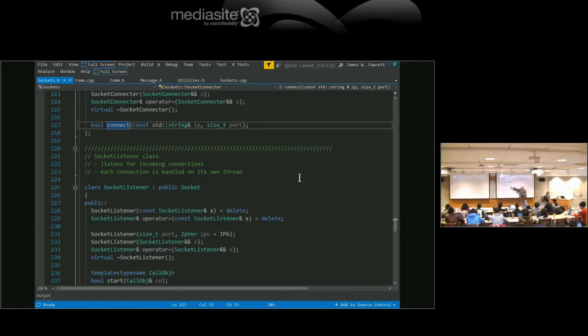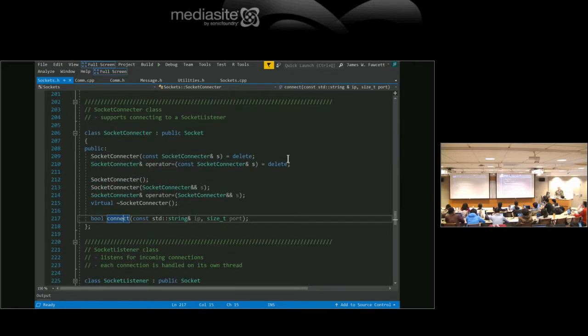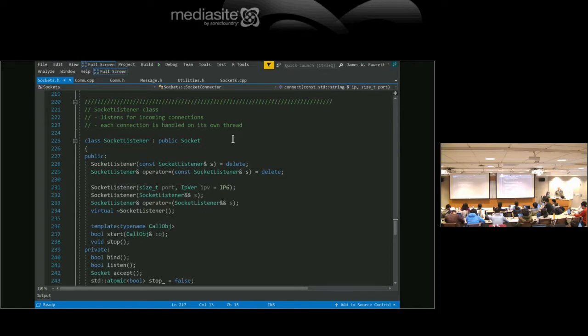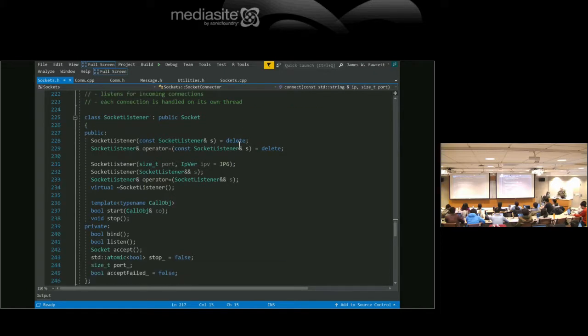So, and again, socket connector was publicly derived from socket. Okay. And now here's my socket listener. And now notice that I have our old friend, the template method. And you thought that was some weird thing that I don't need to know. Template method. So here's the template method, callable object, start. So this is how I tell the listener what it's going to do. Okay. And if we peek at it,